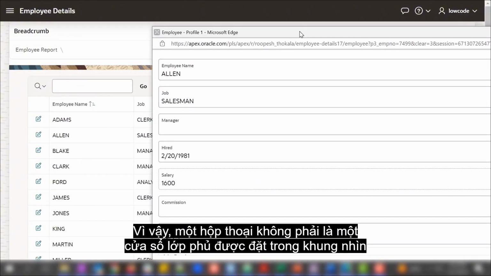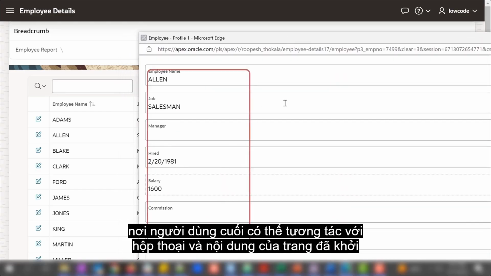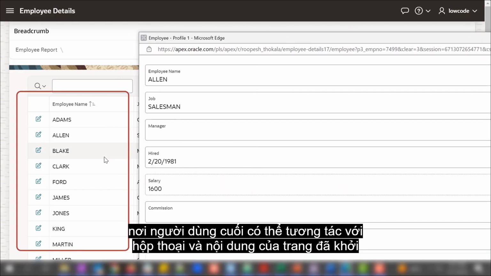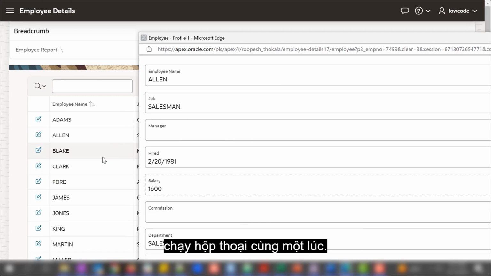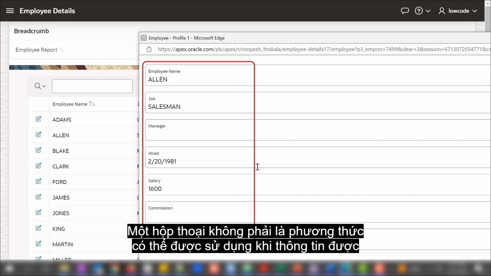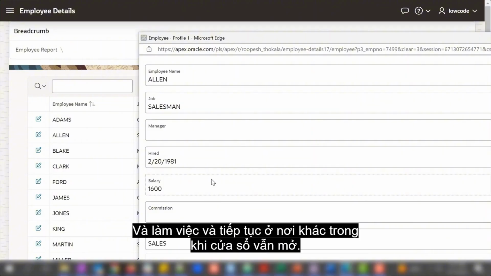So a non-modal dialog is an overlay window positioned within the viewport where the end user can interact with the dialog and the content of the page that launched the dialog simultaneously. A non-modal dialog can be used when the requested information is not essential to continue, and work can continue elsewhere while the window is still open.